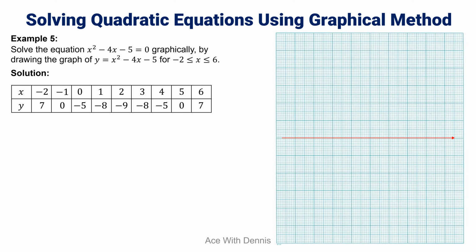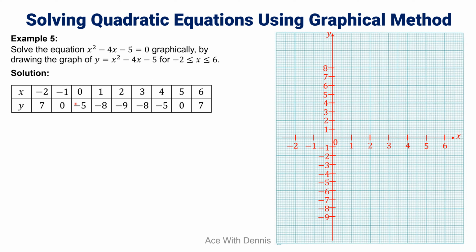So I will take out the graph paper, then I will label the x-axis. This will be my scale, 1, 2, 3, 4, 5, 6, and this is my y-axis. From here, this is the origin, 0. So the negative side of the x is this, negative 1, negative 2. Then I can start to label the y-axis. So this will be my y-axis, 1, 2, 3, 4, all the way to 8. The negative part of the y-axis, negative 1 all the way to negative 9, because as I see from the table,